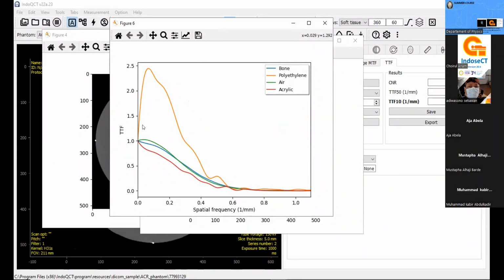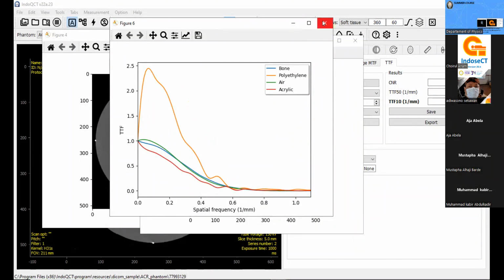We can see here there is fluctuation for the polyethylene, because the contrast of polyethylene is relatively low. So if we want to have a stable result, we can use multiple slices.